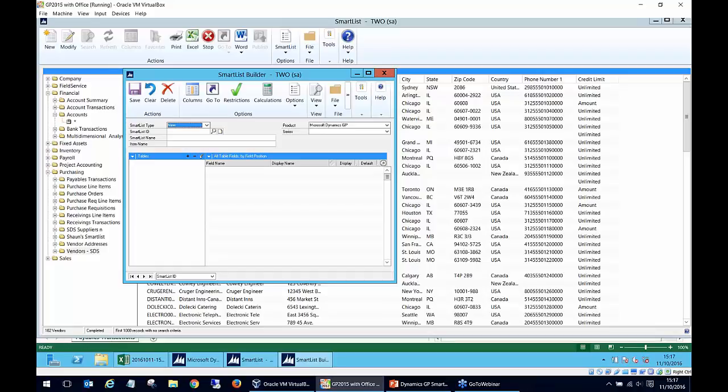So if you did want to get into the detail of that and start creating SmartLists using tables and SQL scripts and things like that to be more complicated, then you can contact our support, and we can assist you with how you can get that to work and how you can see the Dynamics tables. But I'm going to start off with something basic and just use an existing smart list, and we're going to create a new smart list from an existing one to make it easier. So I'm just going to